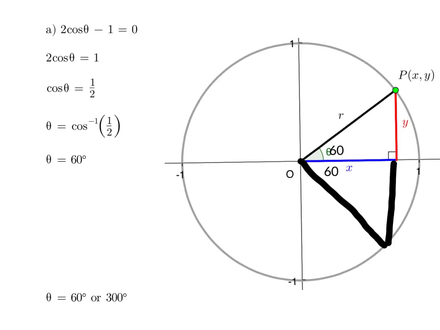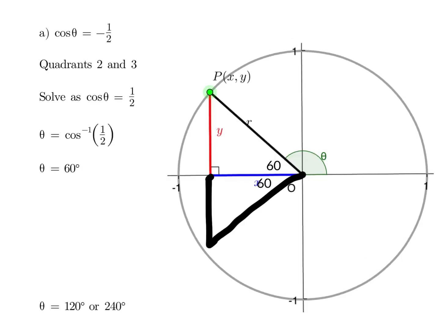So the first one, 2 cos theta minus 1 equals 0. So we're going to add 1 to the other side. Then you're going to divide by 2 and you get cos theta equals 1/2. You then do theta equals cos minus 1 of 1/2 and you get theta equals 60 degrees. So because cos theta equaled positive 1/2, it's in the A and the C quadrant. So draw your triangles, put your 60 degrees in, and you get 60 degrees or 300 degrees as your